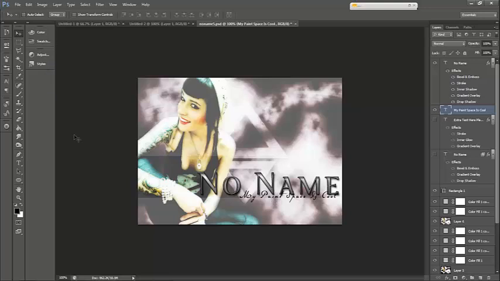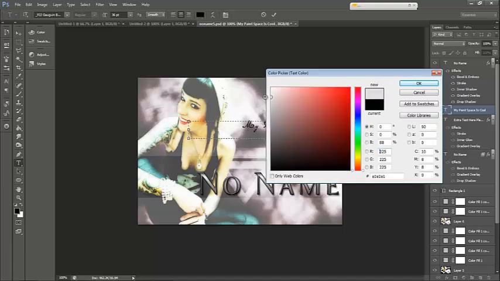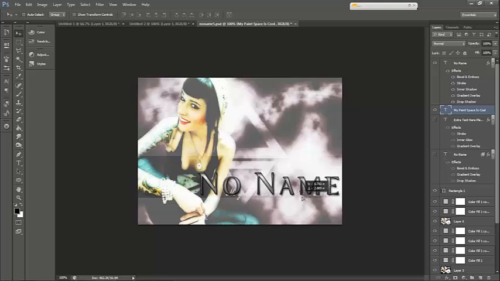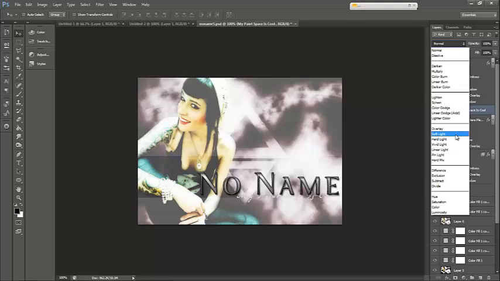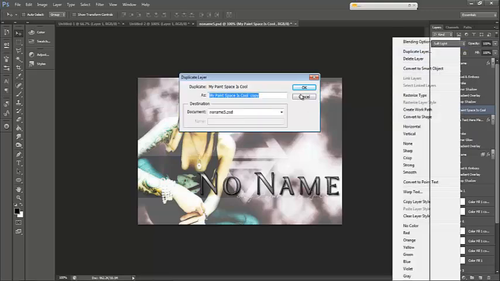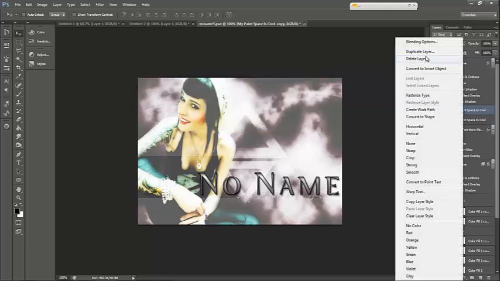I probably will change the color, and the reason why I do that is because me personally, I like the extra text to be kind of shaded in and not in your face. I think that the name is supposed to be the defining feature, and of course I'm pretty sure a lot of people are going to think that way. So I'm going to go ahead and soft light the name. I probably will duplicate it a couple of times,